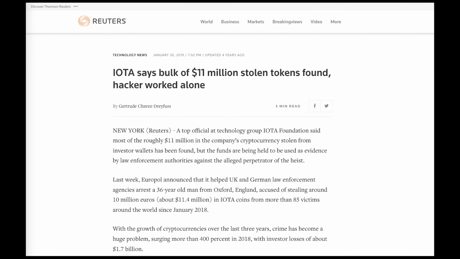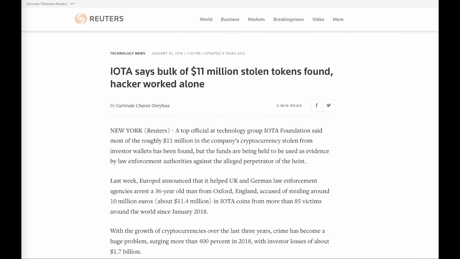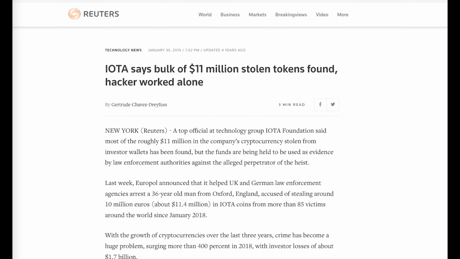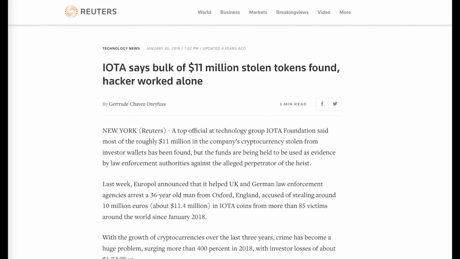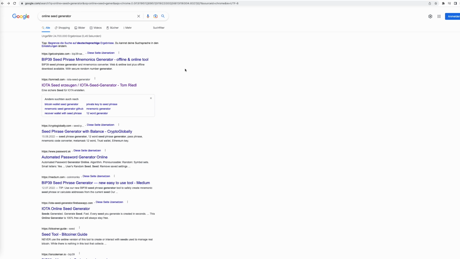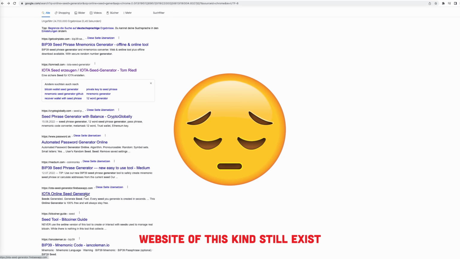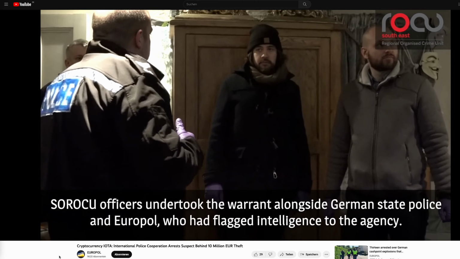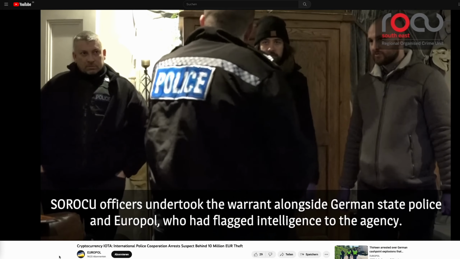Do you remember when IOTA made it to mainstream media, not because of some crazy adoption, but because of an online seed generator scam? It was basically a website that offered you to generate a seed really quick and convenient, and it was online. And I will offer you the exact same thing today,